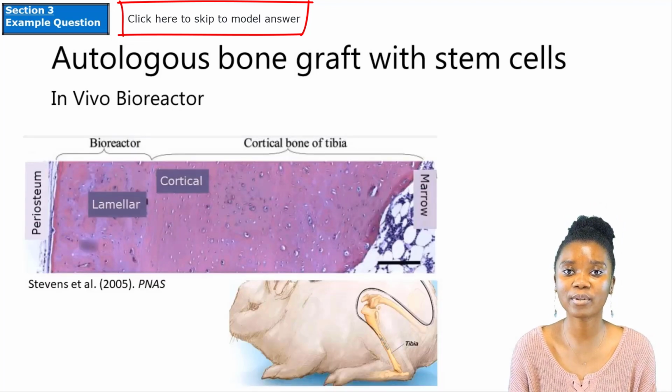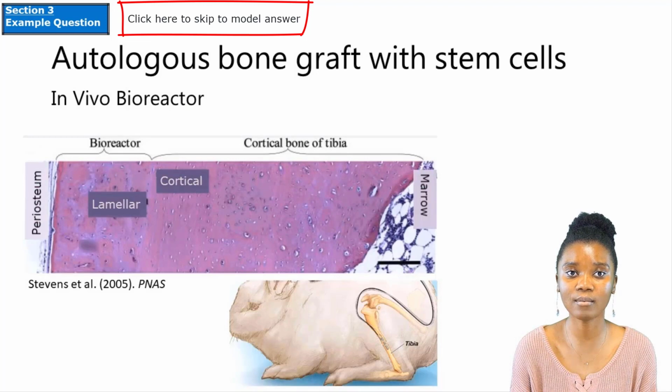The in vivo bioreactor was first demonstrated by Stevens et al. in rabbits in the following way. A healthy long bone, for example the tibia, in the patient's body is used to start the reaction to create the new bone tissue. The researchers inject a catalyzing gel between the outer layer of the bone, called the periosteum,